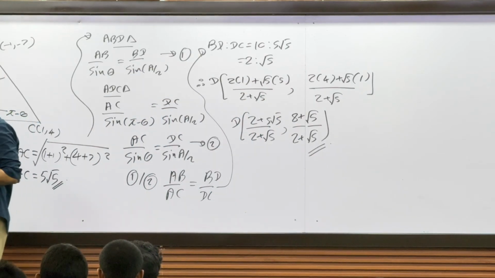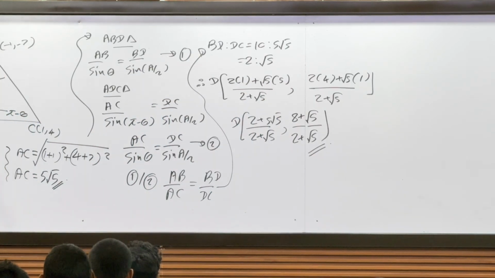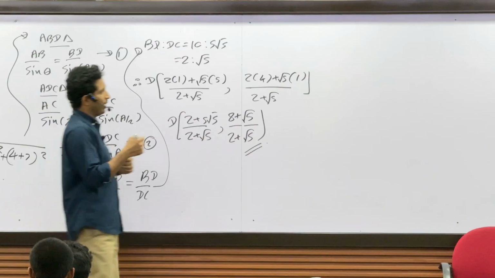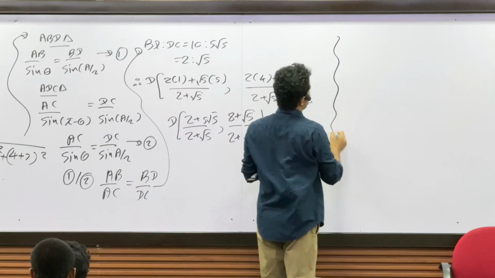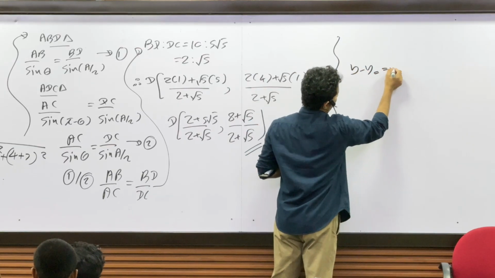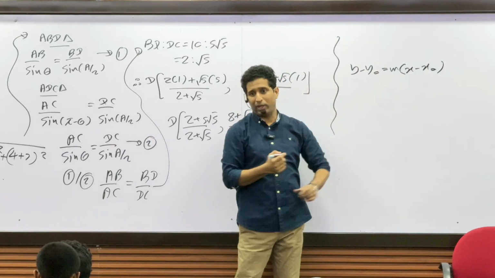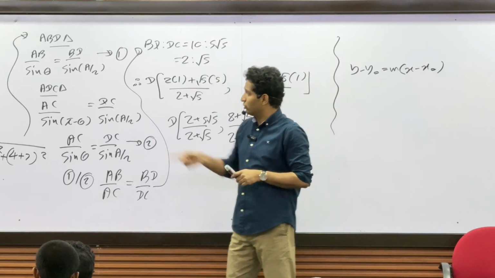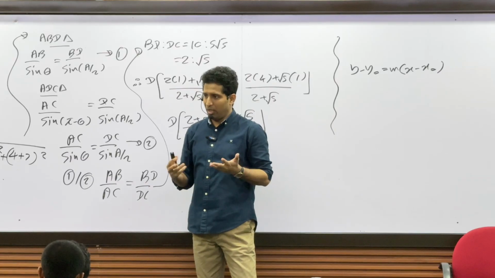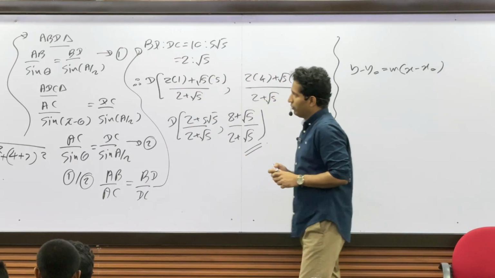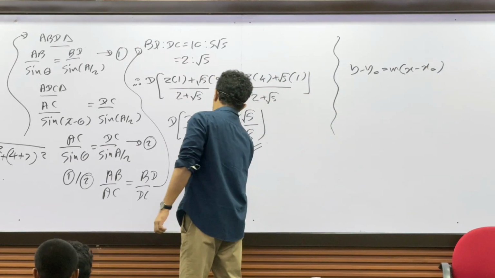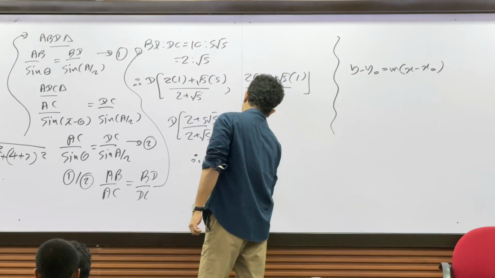Okay. Now we need to find the equation of the angle bisector AD. To find the equation of the angle bisector AD, you can apply the formula y minus y1 equals y2 minus y1, that's very similar to y minus y naught equals m times x minus x naught, the mostly used equation, right? Now instead of m, you can find what m is by using the coordinates of A and D, right? Therefore the equation of AD,